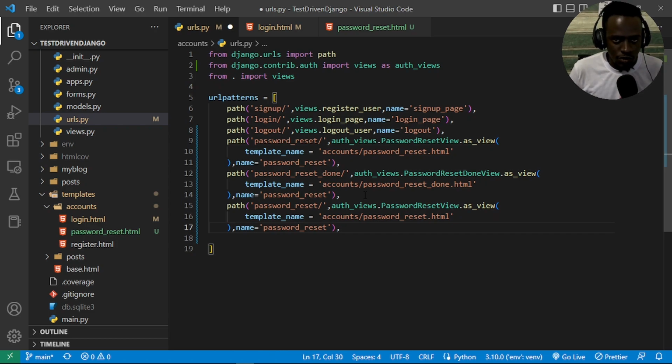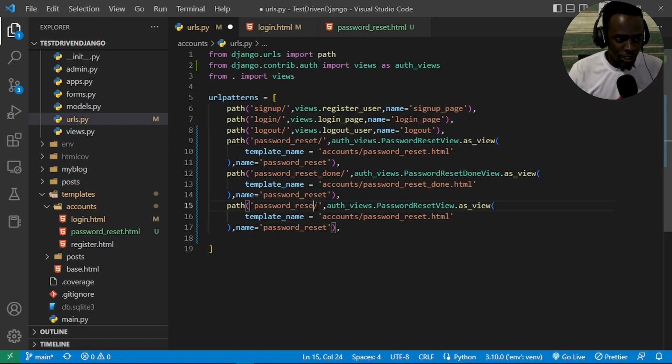I'll do the same thing for our password reset confirm. However, the password reset confirm is different because it takes in the UID and then the token. The UID in this case is just going to be the ID of the user for which you're trying to change the password, but this will be turned into a UUID, and then the token is going to distinguish this request, and basically provide for us the form that we shall use to update the user's password. So this is actually the link that we're going to write, the one that shall be sent to the user, and then will allow them to access the form for changing their